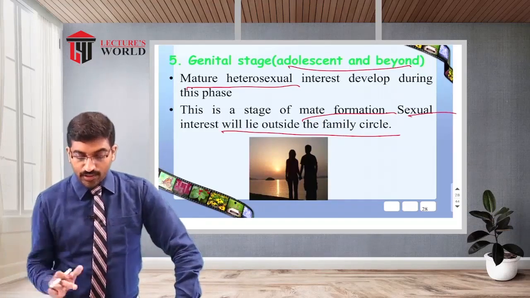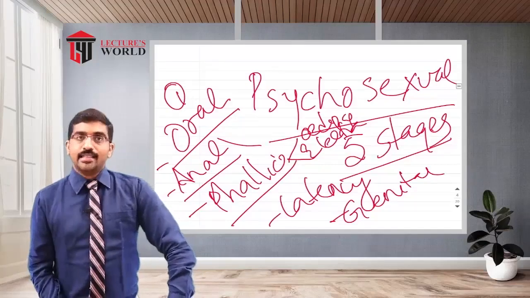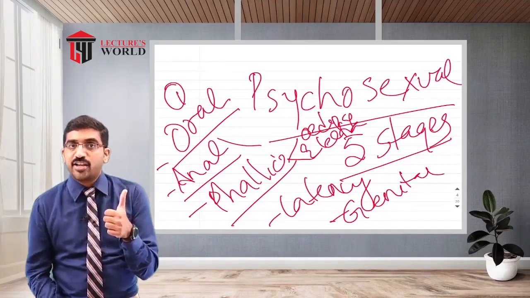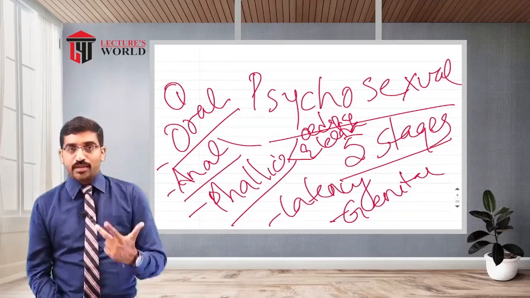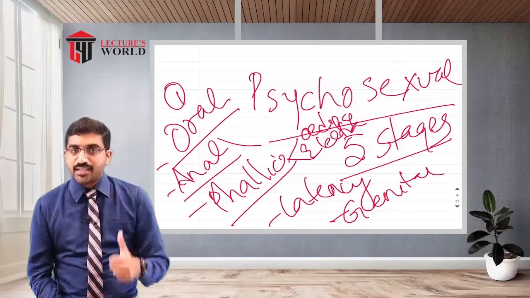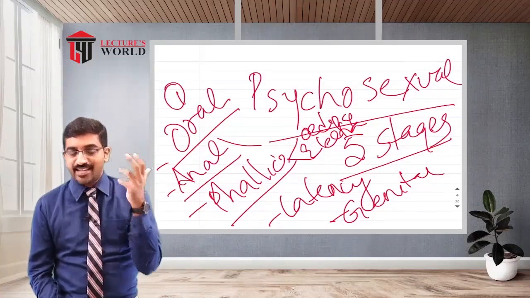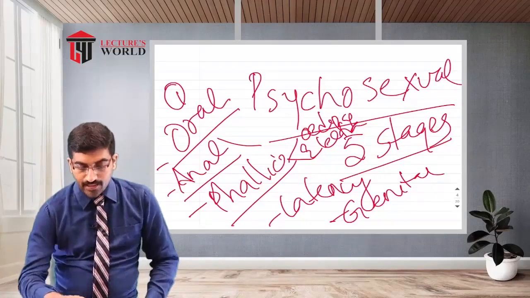So I hope you understood the five stages of the psychosexual theory. Till now we have seen the psychoanalytical theory of Sigmund Freud: id, ego, superego. Then we have seen the psychosexual theory: oral stage, anal stage, phallic stage, latency, and genital stage. Next we'll see about